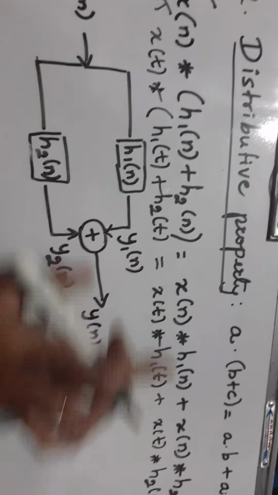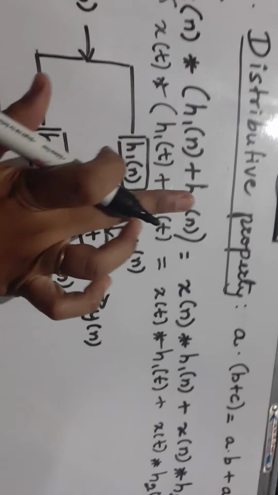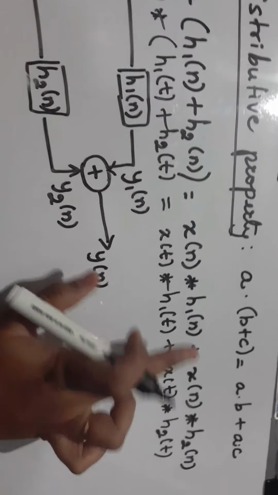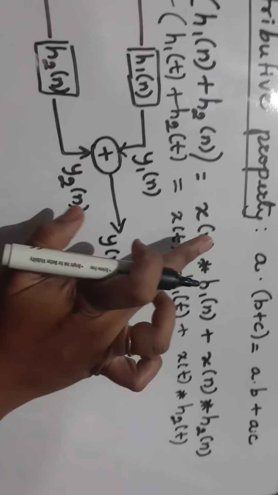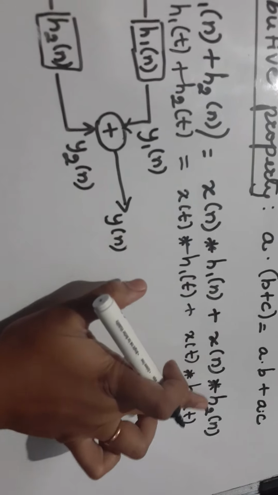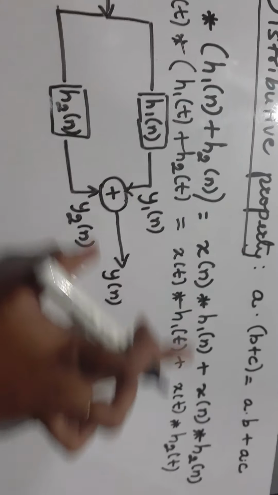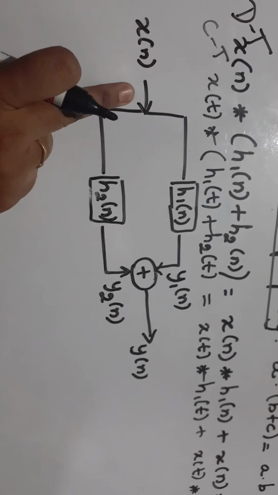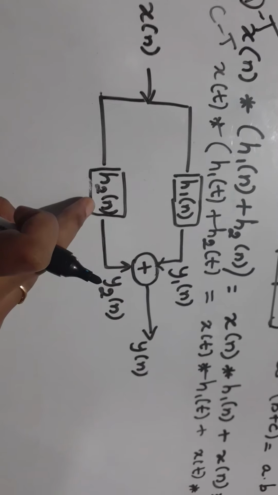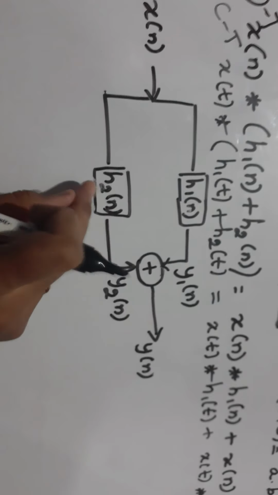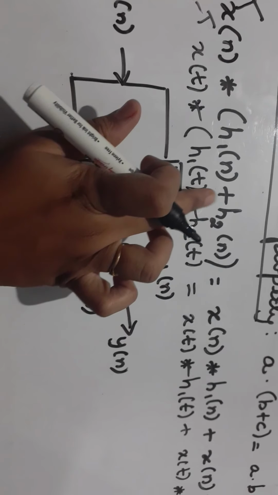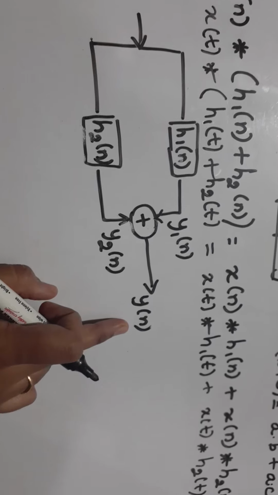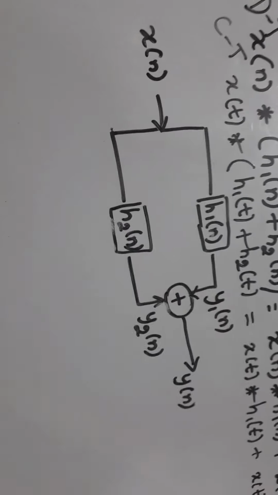As you can observe, we have input x of n here, and there are two different impulse responses which are added. So summation is also there, convolution is also there. There is one input signal and there are two impulse responses. So in order to justify this, let us consider an LTI system with x of n as the input, h1 and h2 as the impulse responses, and they are added, because we want summation. They are added and finally we are getting the output. Now let us try to prove.